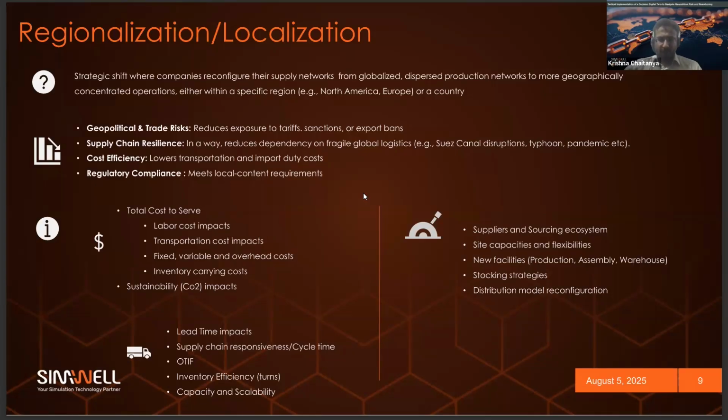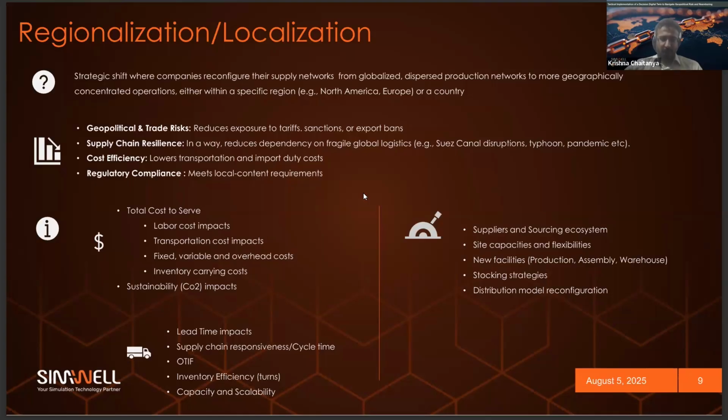Similar kinds of levers we can evaluate for regionalization as well, and some cost KPIs like total cost to serve, any impacts on labor cost, transport costs, and new facility fixed and overhead costs. And even sustainability we can measure, because we will be reducing the transportation, so maybe we will produce less CO2. At the same time, we will be increasing our production, so we can balance off and see where we are